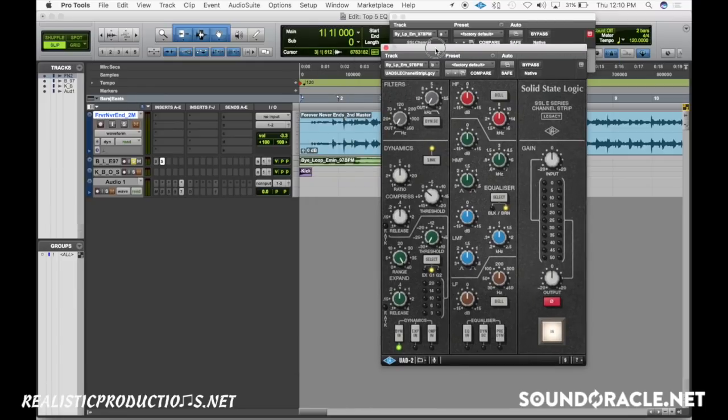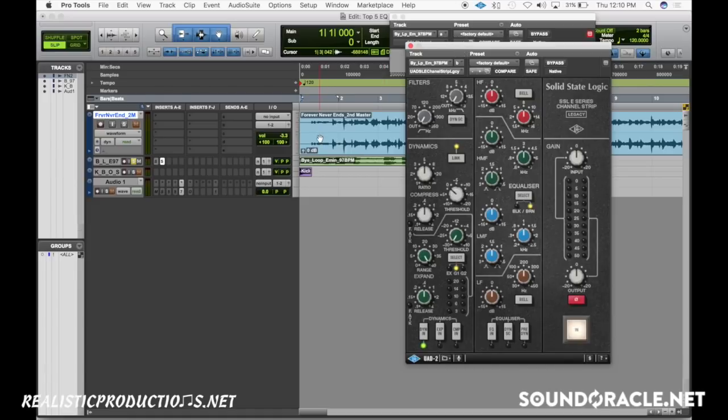This EQ sounds really great on all types of things: kick, snare, vocals, strings, bass. It just sounds great on so many different things. It's got an iconic sound, so if you're going for a more industry sound to it, this is definitely the EQ that a lot of people in the industry use. So you'll get that industry sound because this is literally what people in the industry use a lot of times,